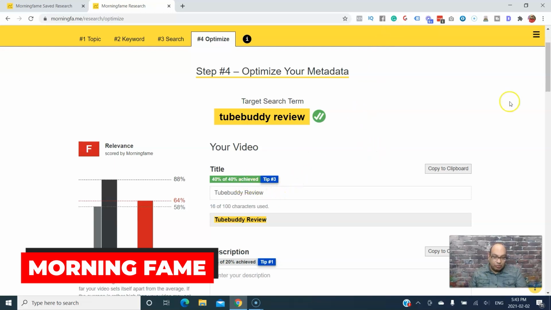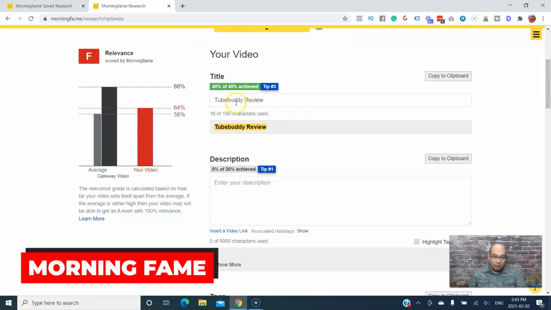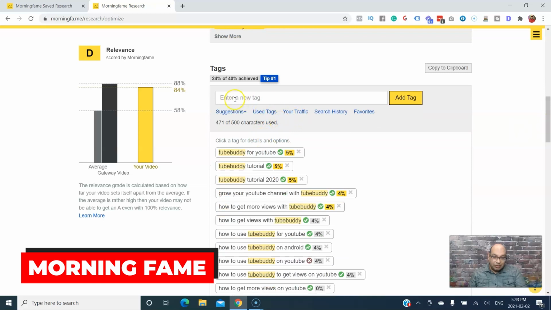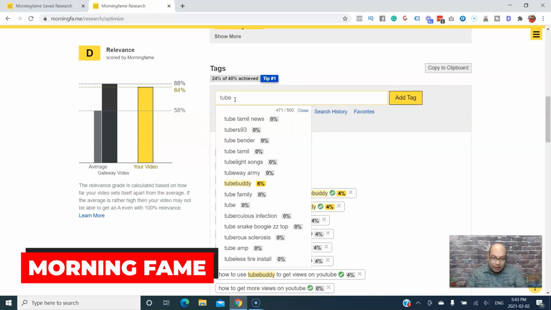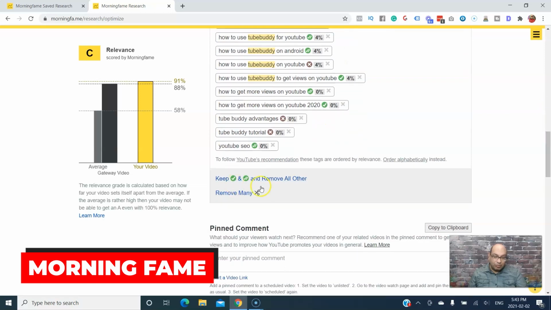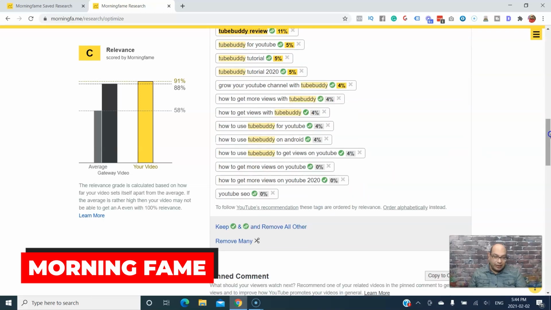So it tells you where you need the title, so the title's there, and then you need the description, and within the first letters should be the main keywords, right? This reference score goes up, and then it gives you the tags, right? And then you can add the tag, and it makes your score higher, so you can tag, and then you can remove the tags you want. What I usually do is click whichever is yes and remove all the other tags, and then you can keep on adding the tags